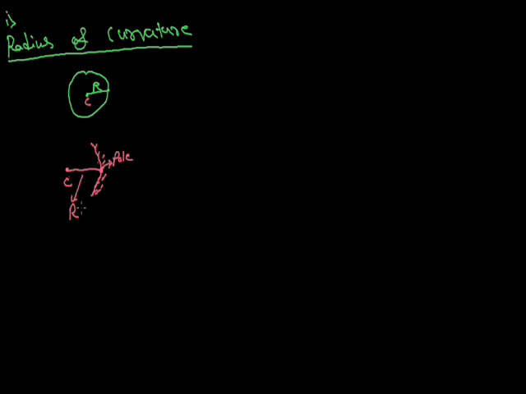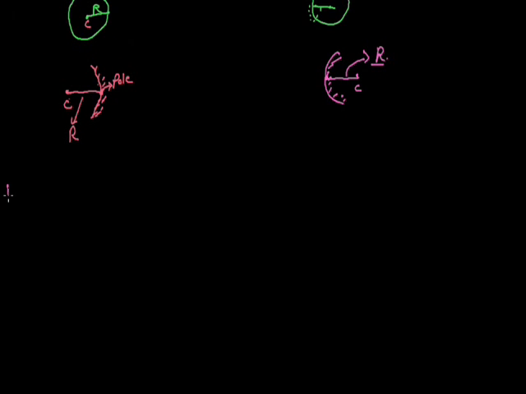Now the second term, in the case of convex: this is the sphere, and if we cut this portion, then it will look like this, and we coat this area, then this is the center of this sphere and this is the pole. If we join the pole and the center of curvature, then this is known as the radius of curvature and denoted by R. Now the second term we use is the principal axis.